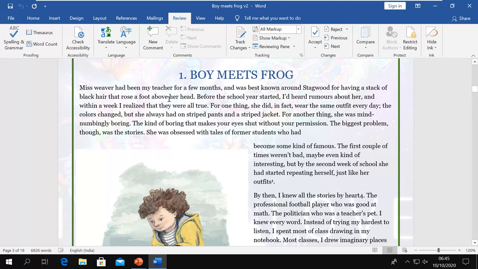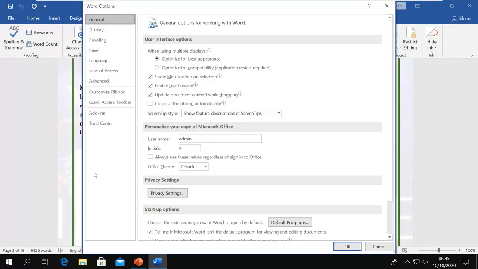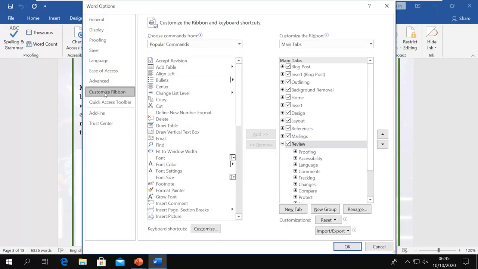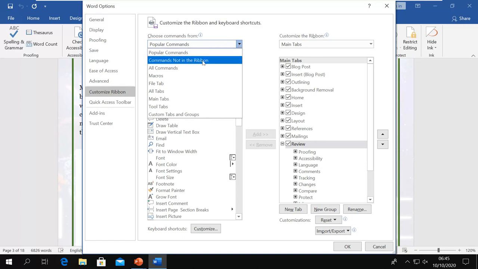Now if you don't have a pen and you have a touch screen, you can enable the pen tab. My machine is not a touch screen, and I don't have a pen also, but still I can enable it. I go to the backstage view by clicking on File, then More options, customize the ribbon, and here I want the pen tool, so I will go to the drop down, choose commands, and select tool tabs.